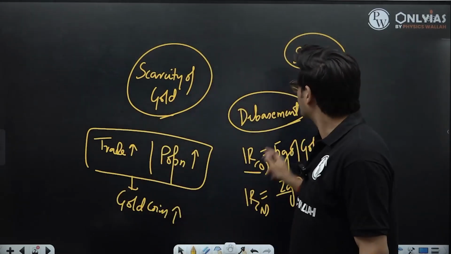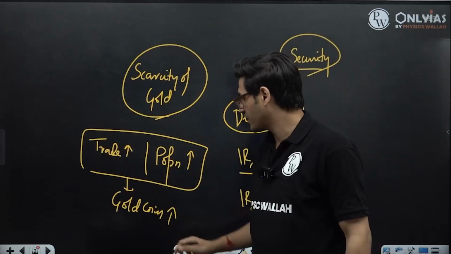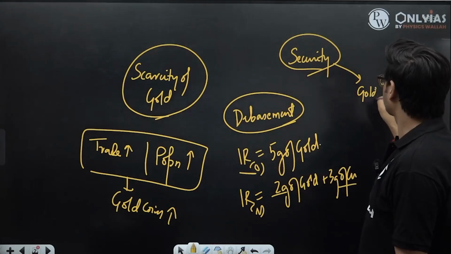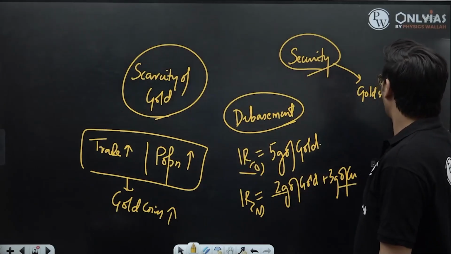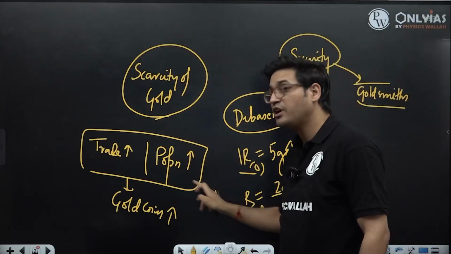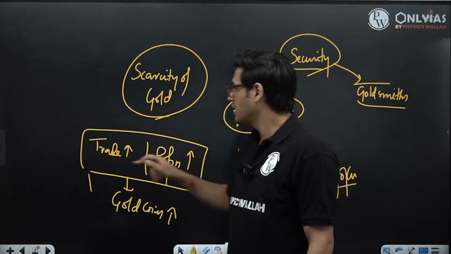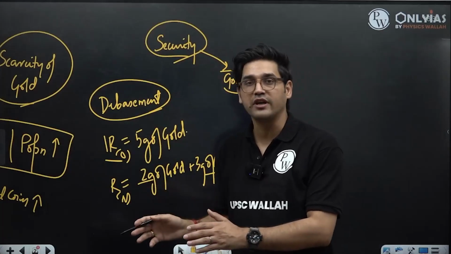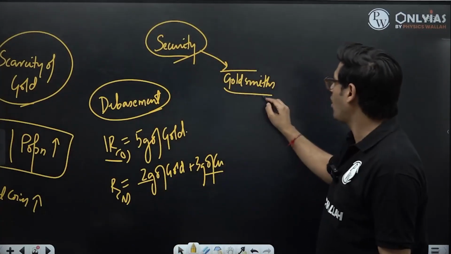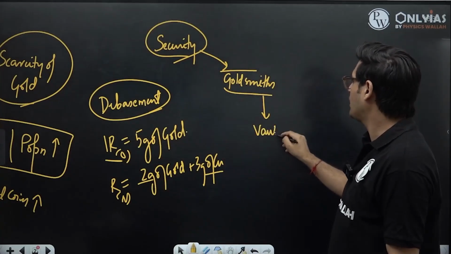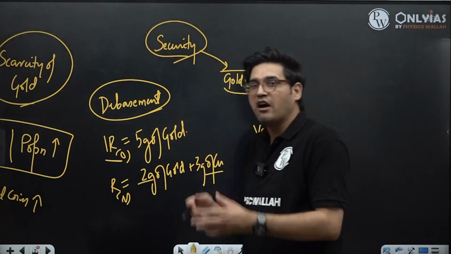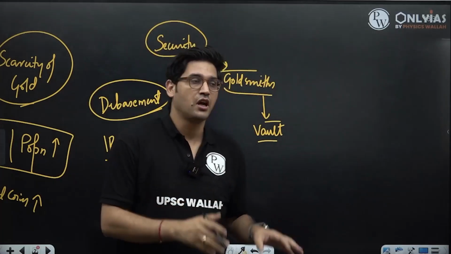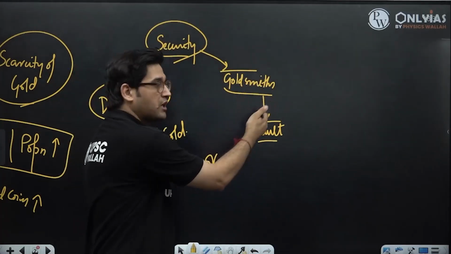How was the problem of security solved? The problem of security was solved through goldsmiths. Now, goldsmiths were people who would mint these gold coins. These are the people who are going to convert gold into gold coins. But goldsmiths also offered what is called a vault service. That means they would have lockers with them. And if you wanted to keep your gold safe, you have to just go to the goldsmith, give him the